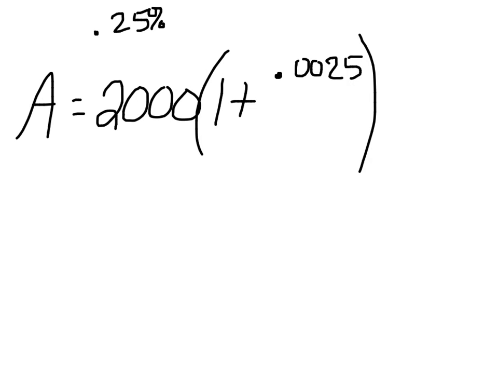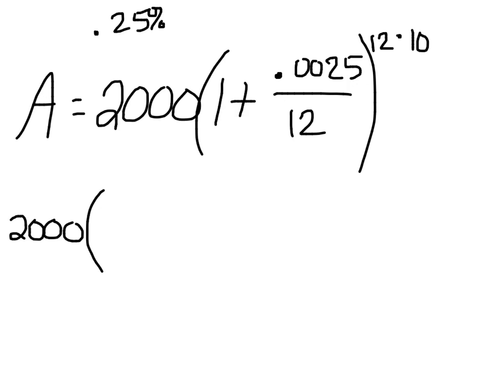And we said that it was done monthly, so what's the number for monthly? 12. And then we also said that that's the number 12 because that was also monthly, right? Those two numbers should be the same, by the way. And then you times that 12 up in the exponent by how many years did we say you needed it after? 10 years. Now, honestly, with your calculators the way they are, you type this: 2,000 parentheses, 1 plus parentheses,